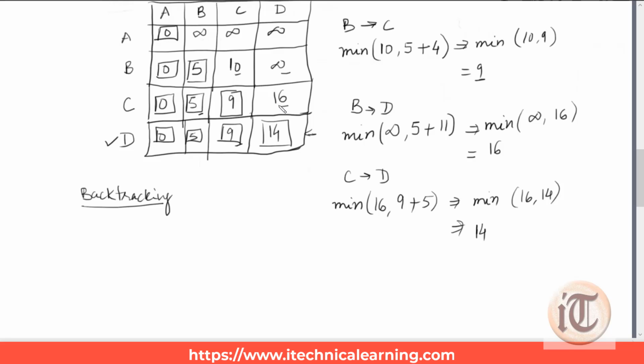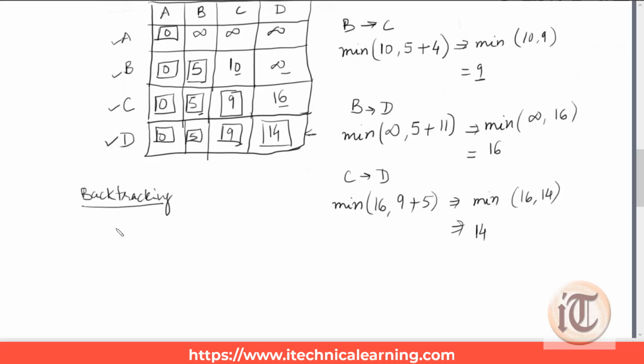Okay, so if we find any change, then we look for the marked permanent value. In this we can see we have marked 9 as permanent in the last step. So we'll take it here. Now we'll move upward from this value to the previous one. We can see we have 9, and in the previous step it was 10. So it was already changed. So we'll look at the marked value. It was B, we'll take it here. Now we'll move from 5 to infinity. So it is also a change. So we'll mark it here.